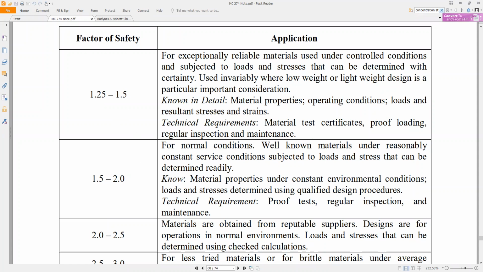So let's see, in the first row we have the factor of safety and the application. Then a factor of safety of 1.25 to 1.5. And note here that the factor of safety is greater than 1 from the beginning, okay? If it's greater than 1, it means that if it is 1.5, it means that